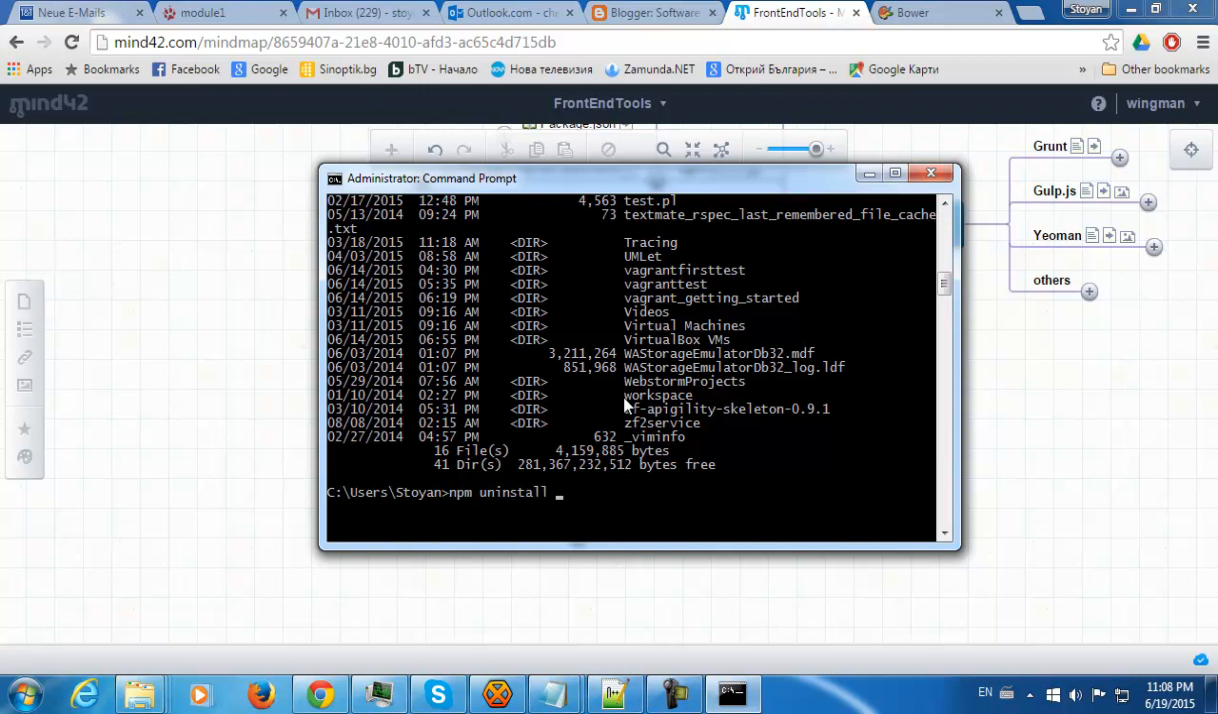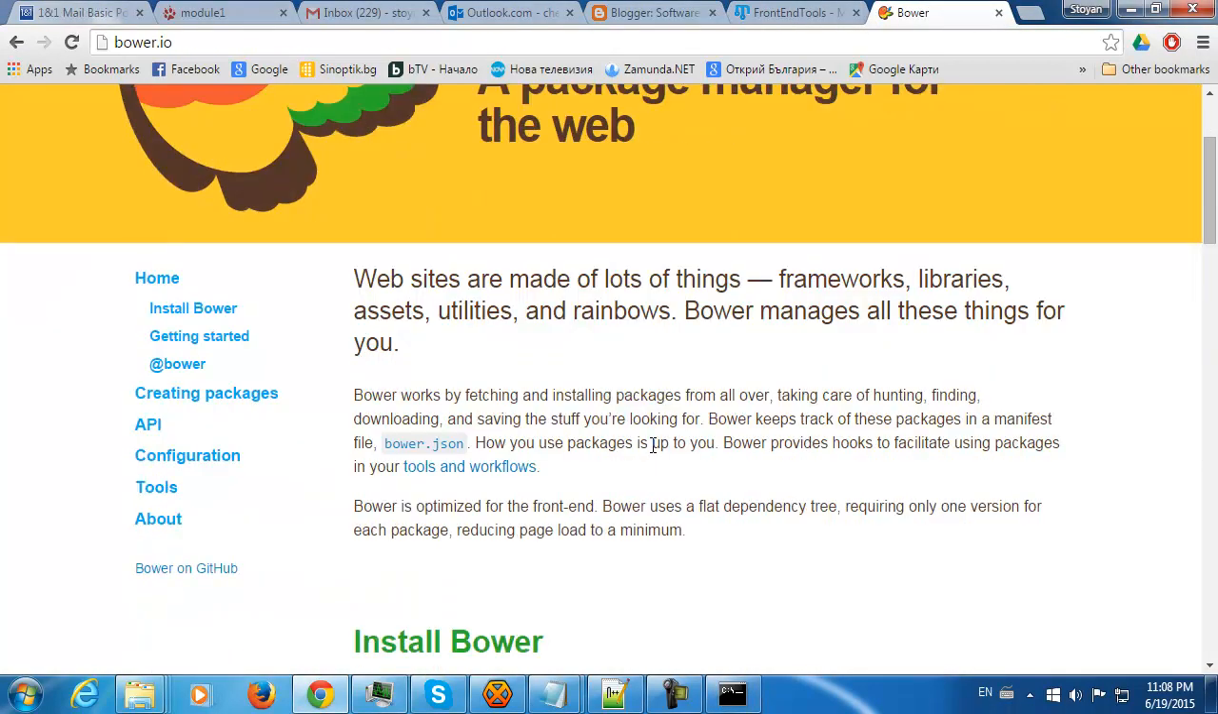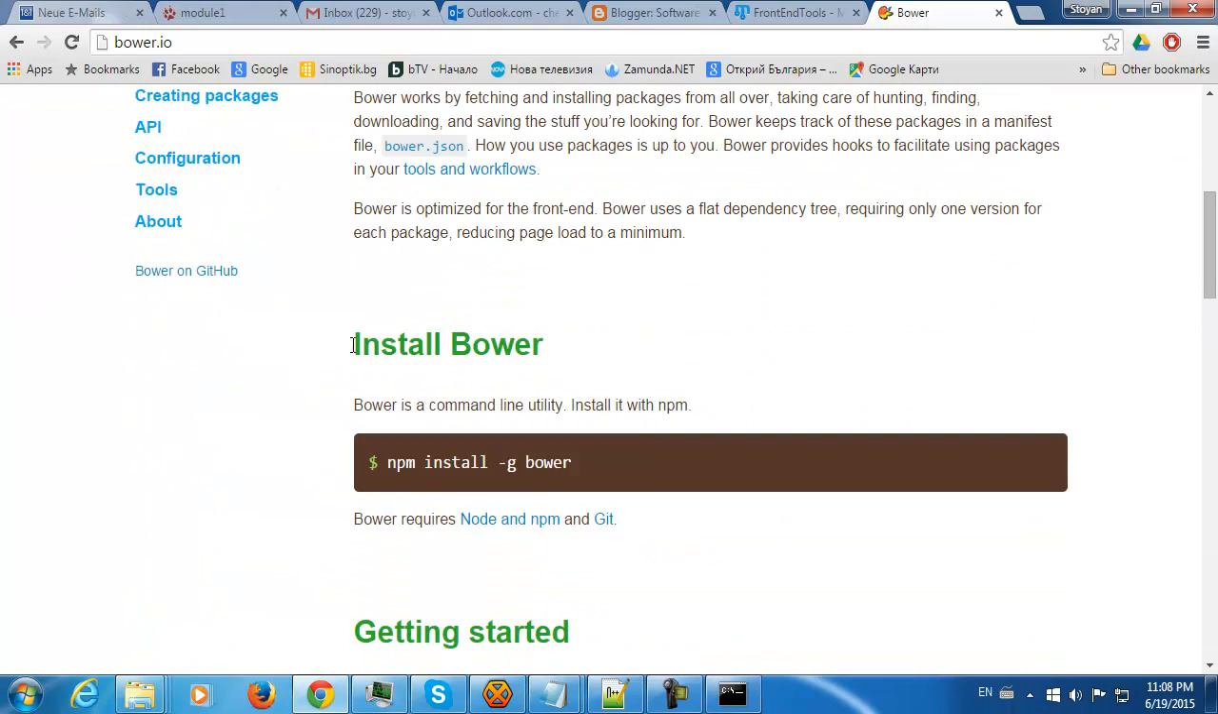Okay, so from this directory I'm gonna execute npm uninstall bower, and I have to mention that I want a global uninstallation of Bower, because after that I'm gonna do a global installation as they suggested here. So this is what they say: Install Bower. Bower is a command line utility. Install it with npm